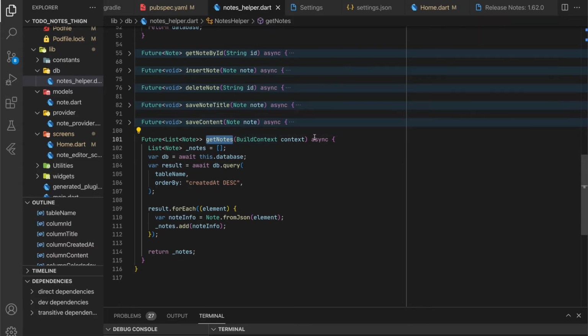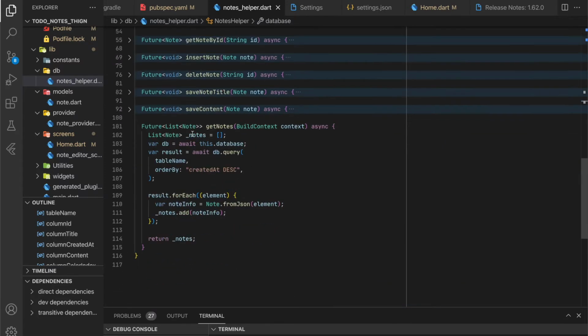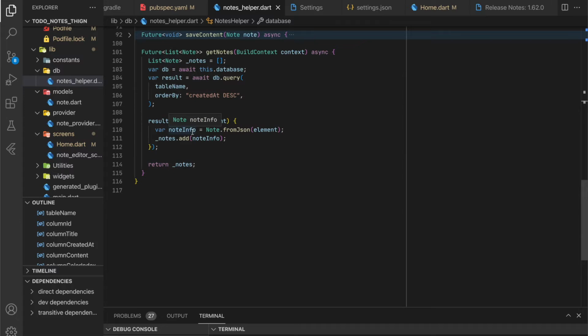Now this needs to be an asynchronous function, because obviously we're going to be using the database, and the database requires an await because it doesn't happen instantly. Anyway, so in the first line of this function, I've created a list of notes. And this is empty, and we set it later in the function. And then we create a variable called database, which awaits this .database. And if I press on this, you will see that this is why we have this future database here. So we can use it in other parts of our